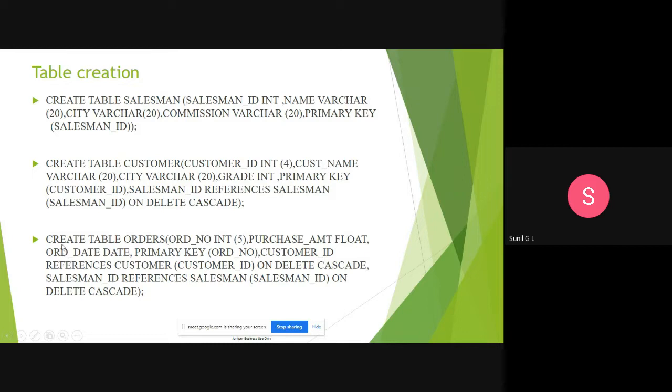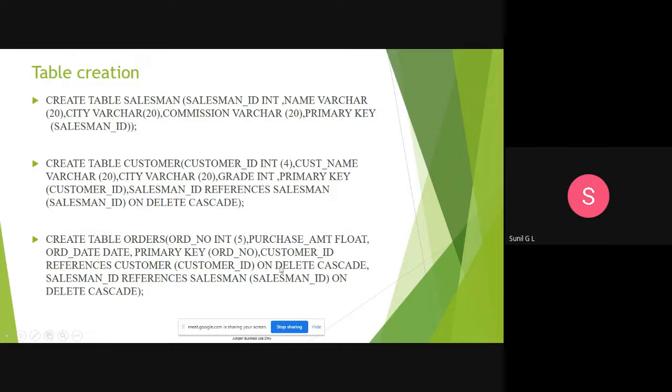Then when we create the order table, order number will be integer type, and we are taking that as the primary key. Purchase amount is of float type, and order date will be the date data type. Customer ID references customer of customer ID, and for that we are using on delete cascade.